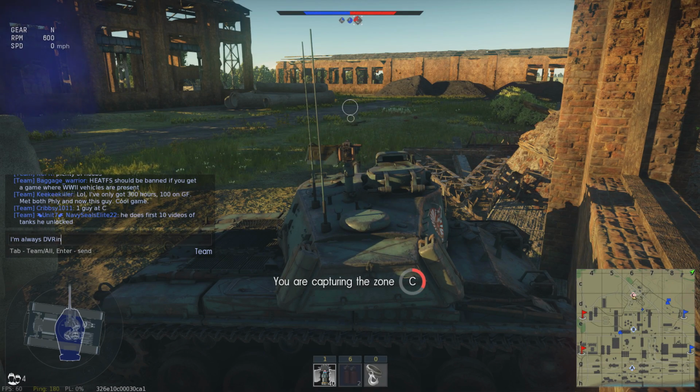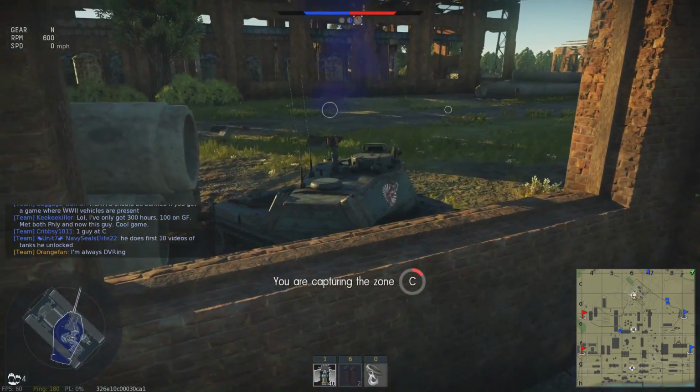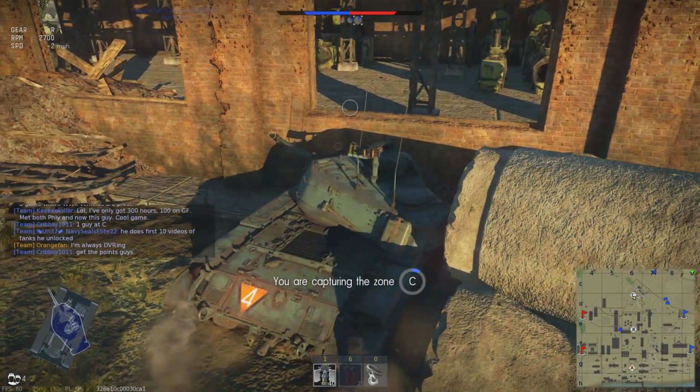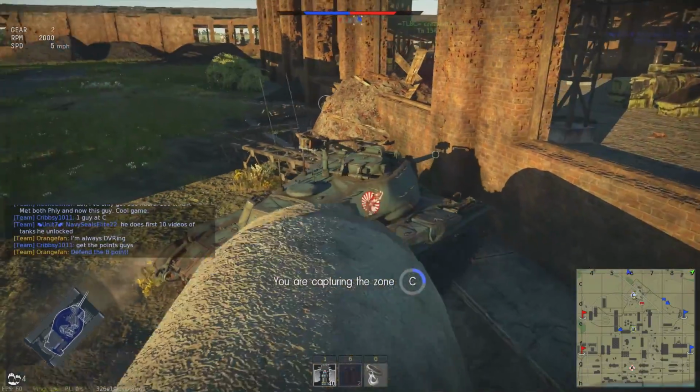So I know I wasn't in a really good spot here and very side-on to whatever enemy was going to come up here, but honestly, it's the M41, and what difference does it really make? I could use my engine as spaced armor, I suppose, but...